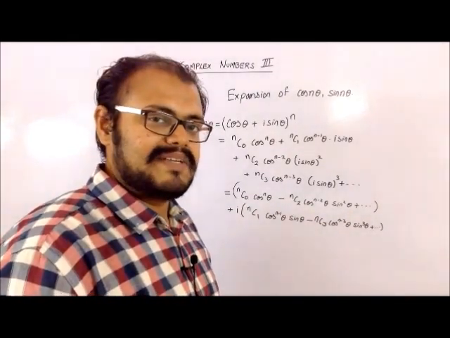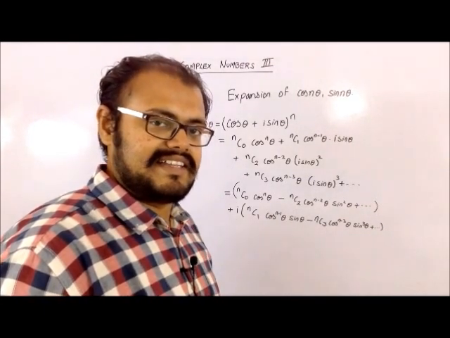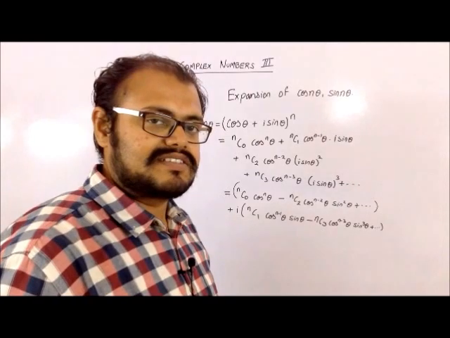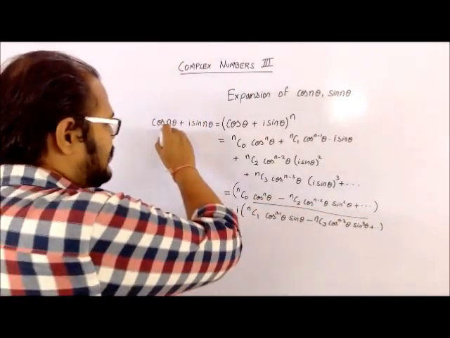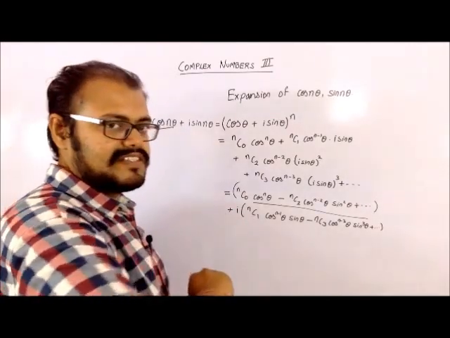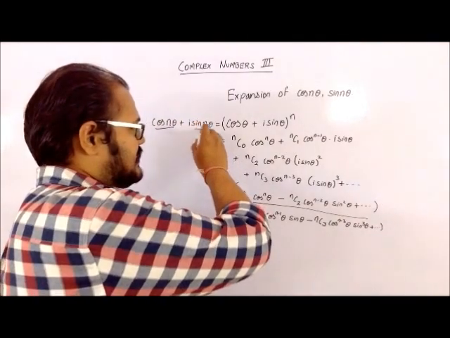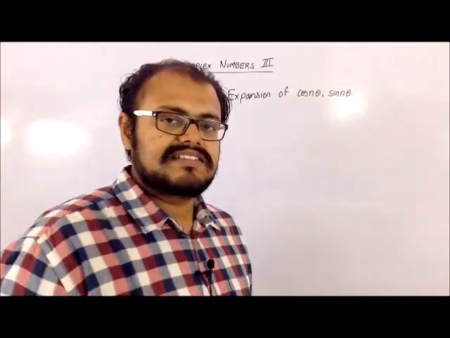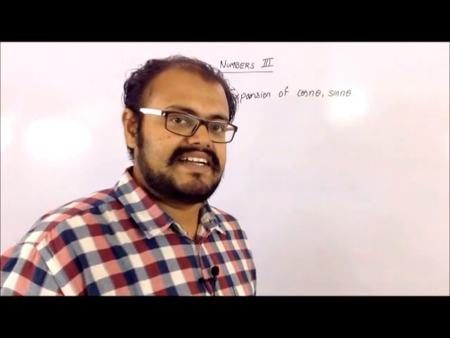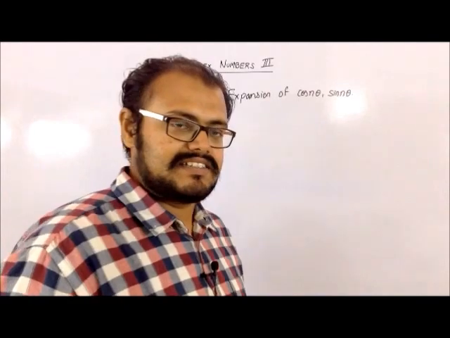So whatever may be the question, like you have to find cos n theta or sine n theta. If you want to find cos n theta, then that becomes the real part over here, because you can equate it with this term over here, real to real. And if it is asked that you have to find sine n theta, then that's the imaginary part over here. So let us take a quick example of finding expansion of cos n theta and sine n theta.